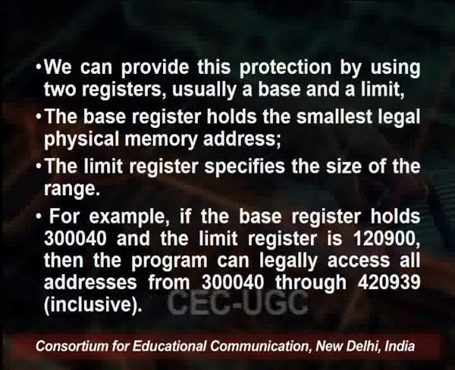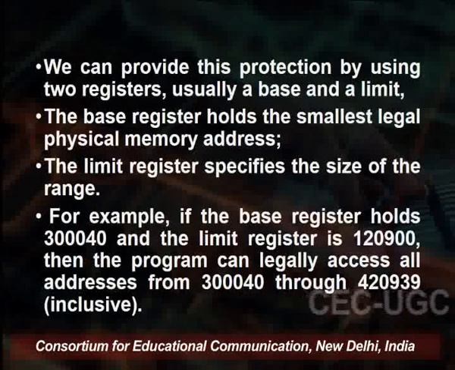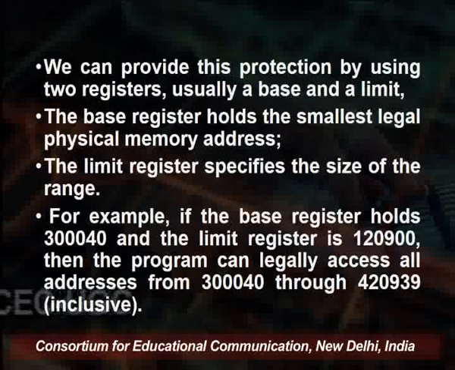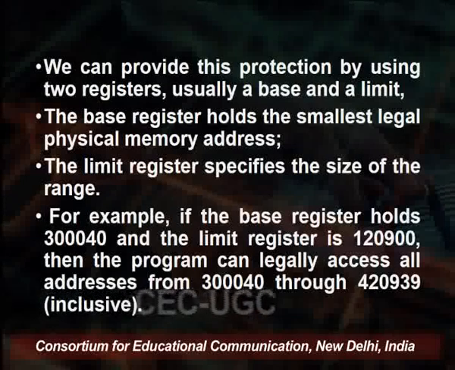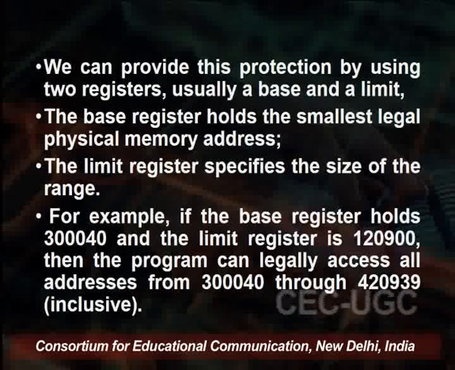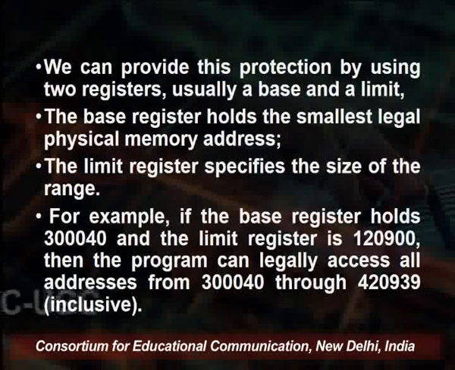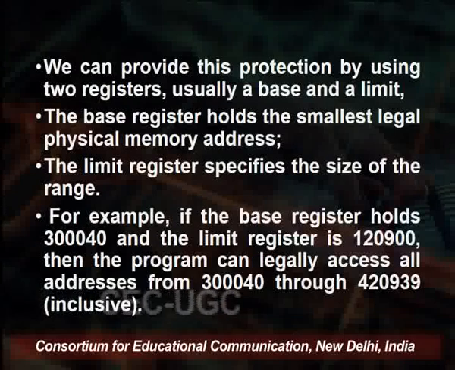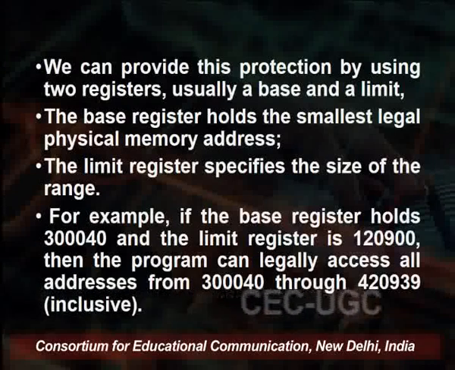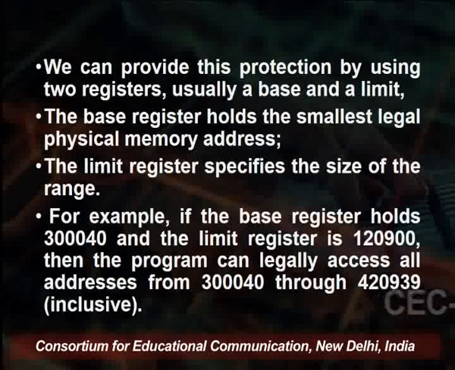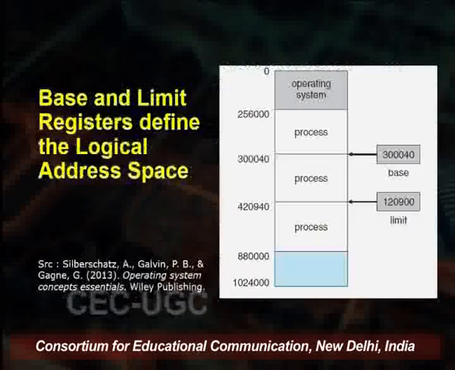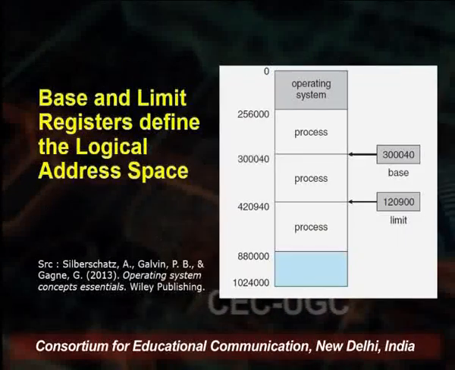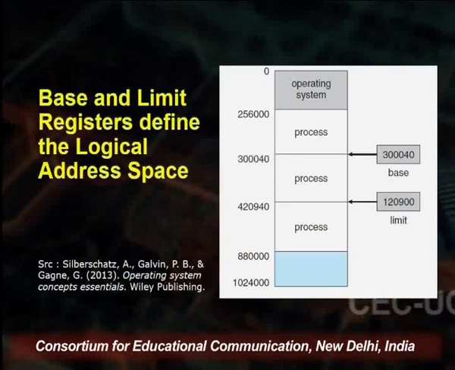The first register is known as a base register, and the second register is known as the limit register. Base, as the word itself suggests, will store the smallest legal physical memory address, that is, the point from which the memory address will start, and the limit register will specify the size of the range. For example, let us look at how base and limit registers define the logical address